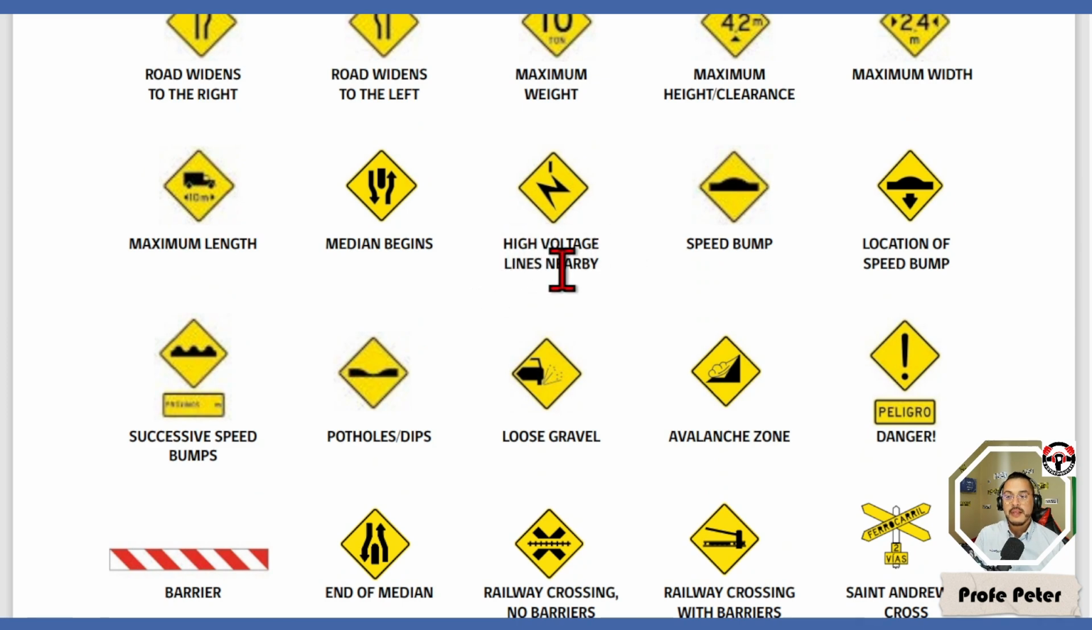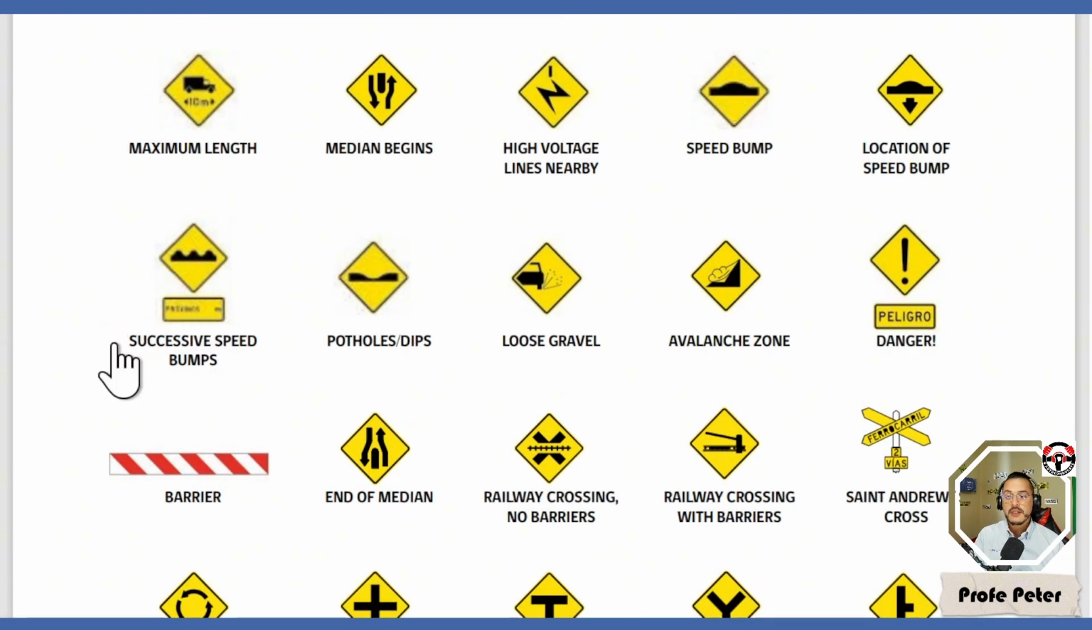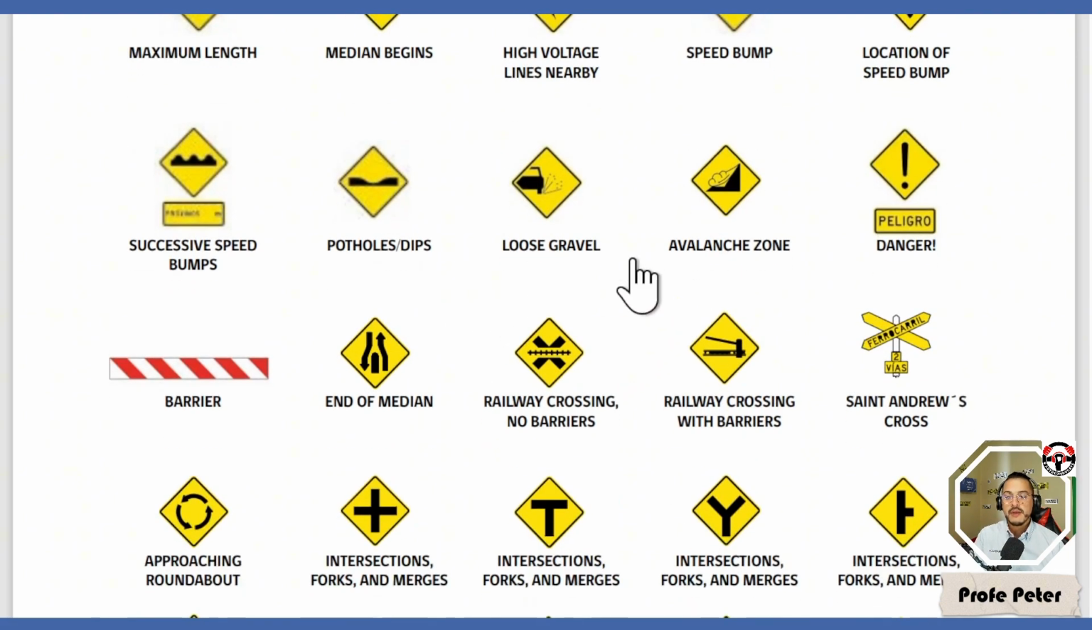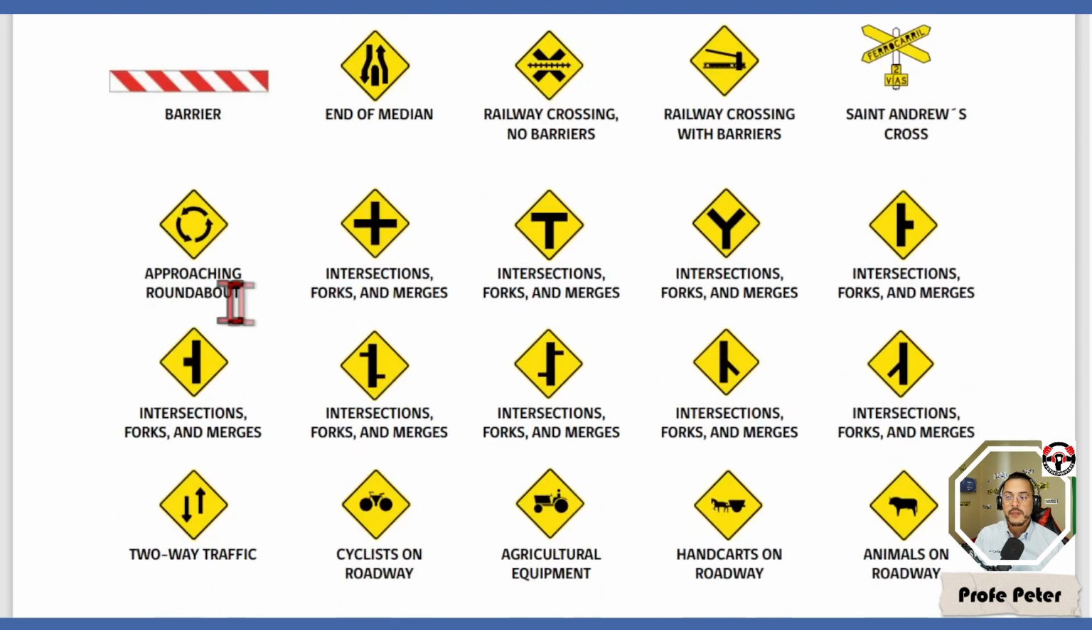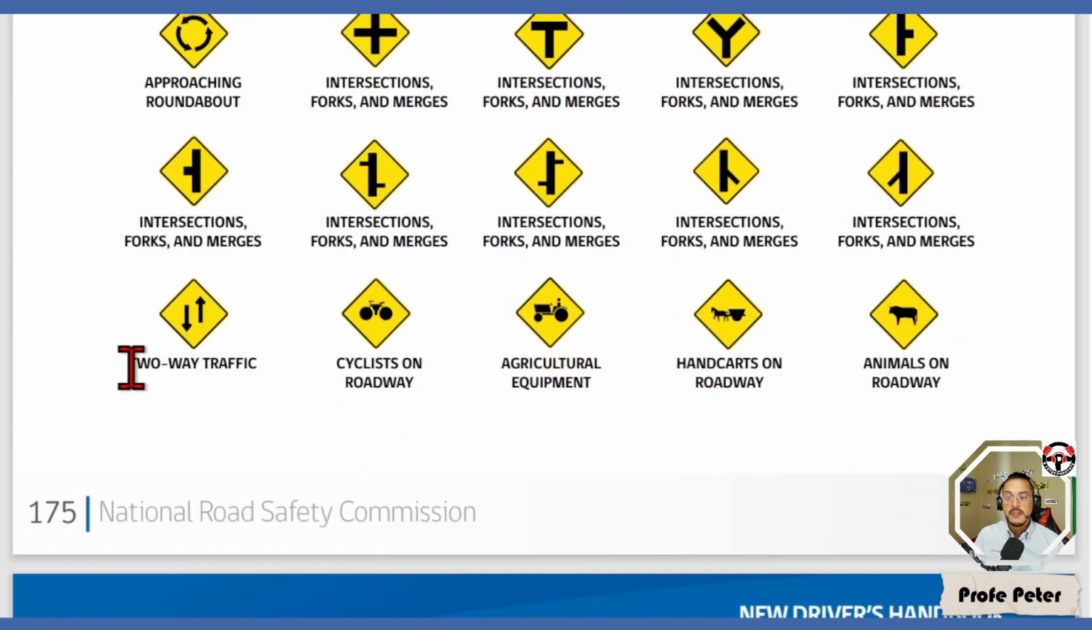high voltage lines nearby, speed bumps, the location of a speed bump, successive speed bumps, potholes, loose gravel, avalanche zone, danger zones, barriers, end of median, railway crossing with no barriers, railway crossing with barriers, St. Andrew's Cross, approaching roundabout, intersections, forks and merges, and different kinds, two-way traffic, cyclists on roadway, agricultural equipment, handcarts on